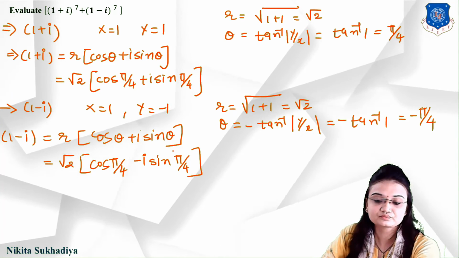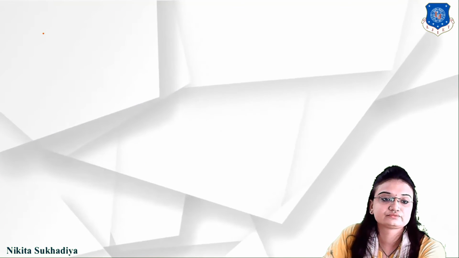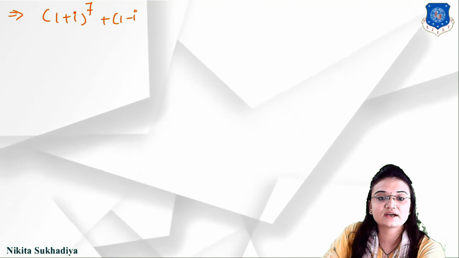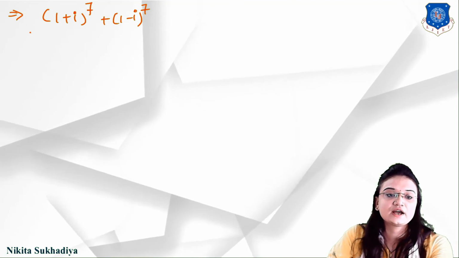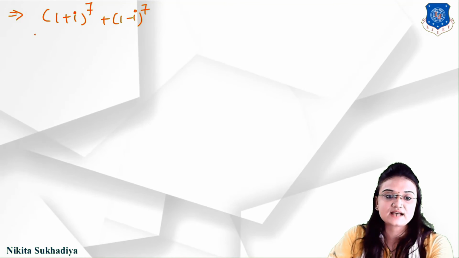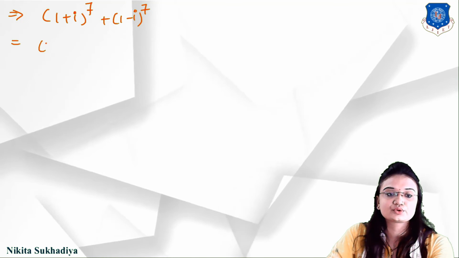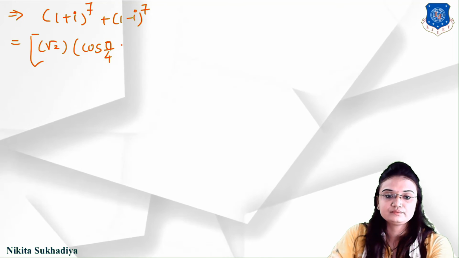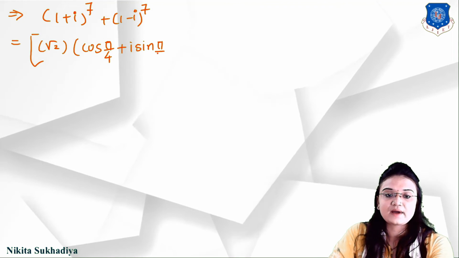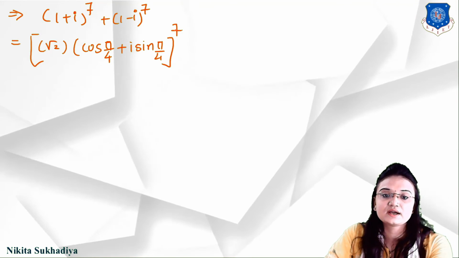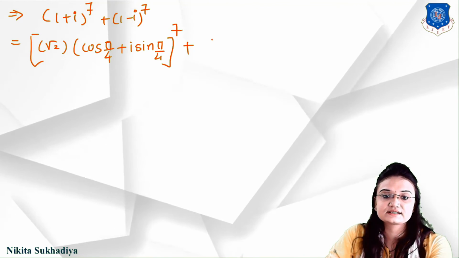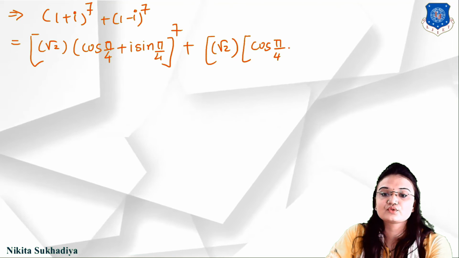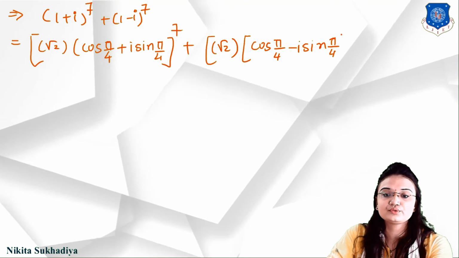Okay, now here we have to evaluate (1 plus i) raised to 7 plus (1 minus i) raised to 7. So now we have the polar form of 1 plus i and 1 minus i. So we can use here root 2 into (cos pi by 4 plus i sin pi by 4) raised to 7. Okay, and the polar form of 1 minus i is again root 2 (cos pi by 4 minus i sin pi by 4)